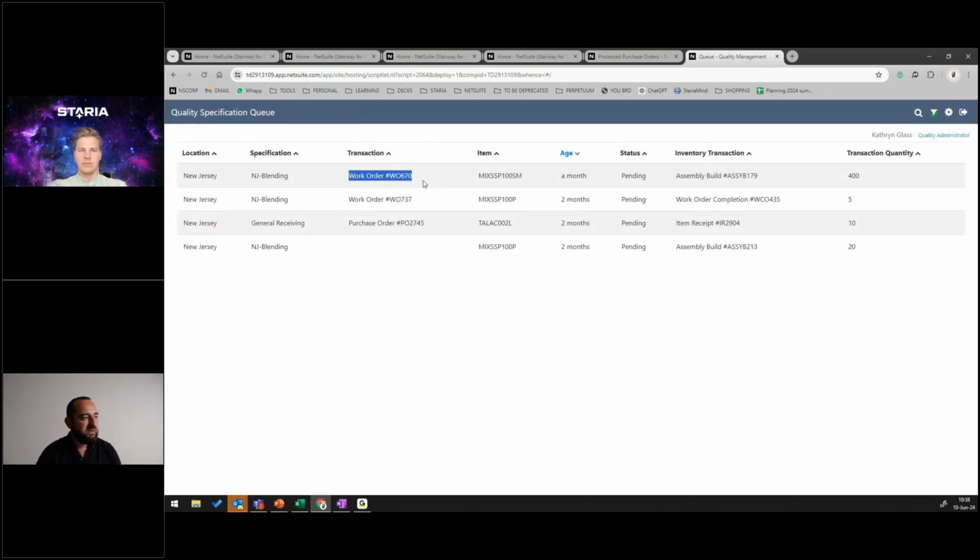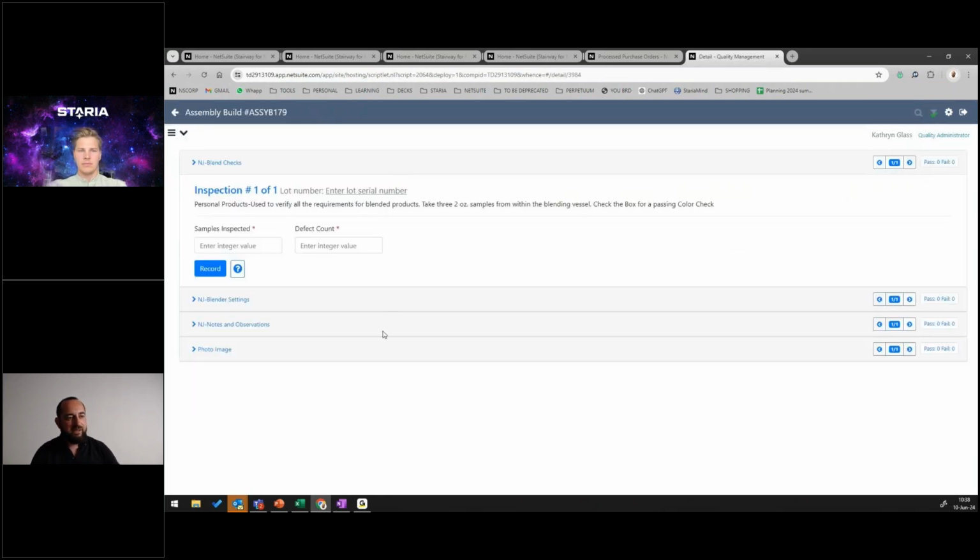I have this work order 670. If I enter here, this is my quality inspection that I need to submit in order for this work order completion to move forward. Depending on the setup, if this inspection fails, then that inventory is quarantined and I have to follow up and I have to inspect and check